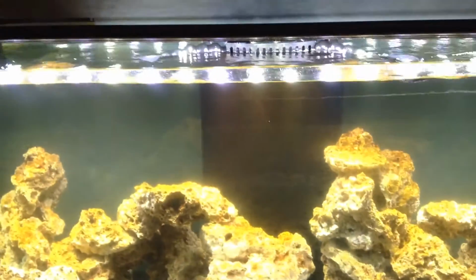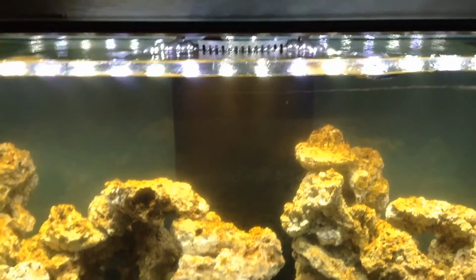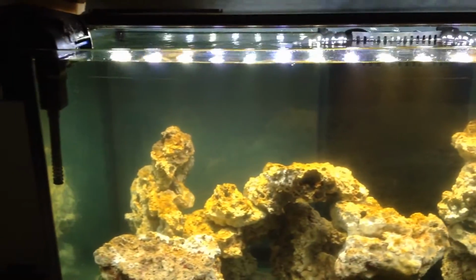Day 43. Salinity is sitting at, can't really see it, but it's going to show 1.021. That's via the hydrometer. Get this to focus. There we go. Brown diatoms